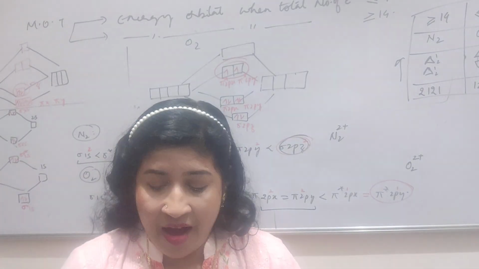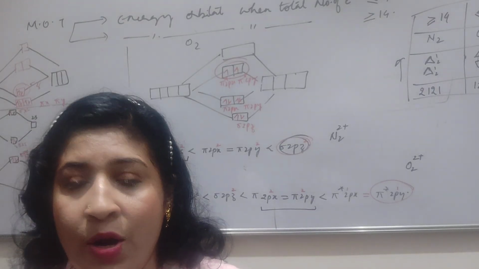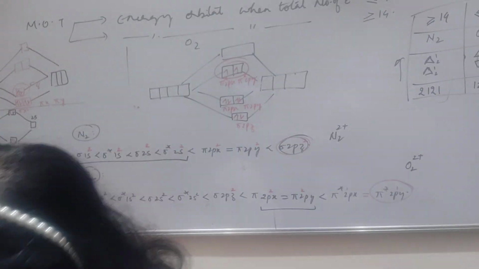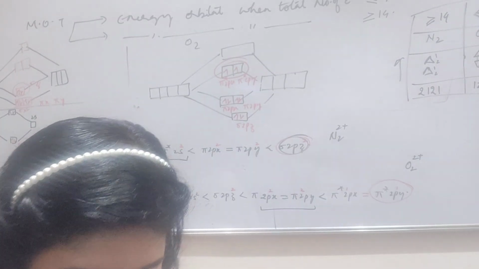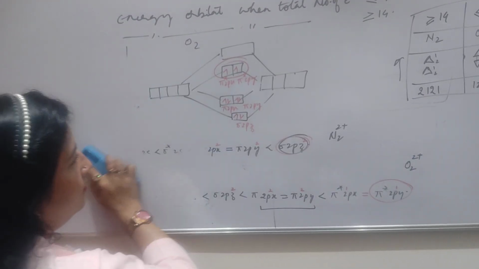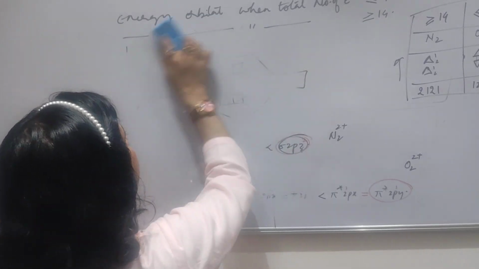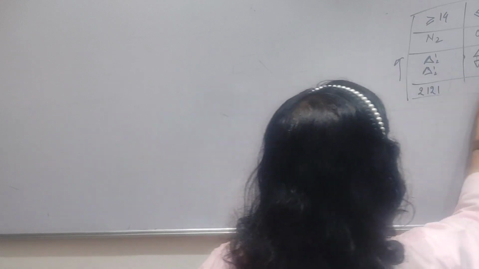So twist and turn will be asked, any question can be asked, and you should know how to proceed with it. So if this molecular orbital is being understood, then let us proceed with some other simple questions which are related to the bond order. They may ask any molecules bond order, any molecules. They may ask you like